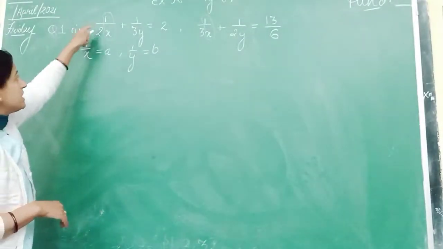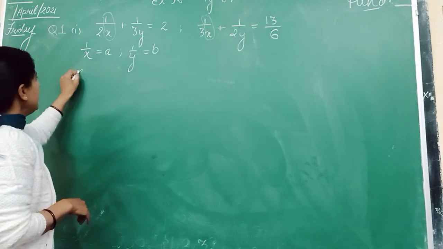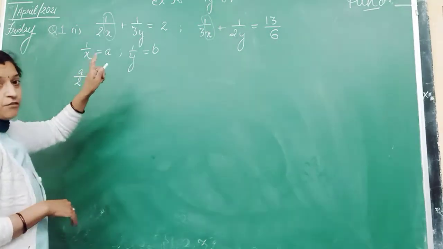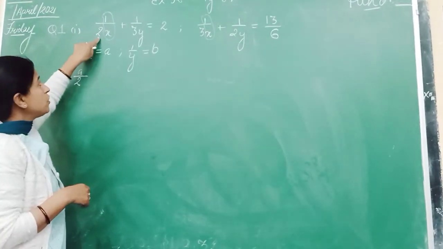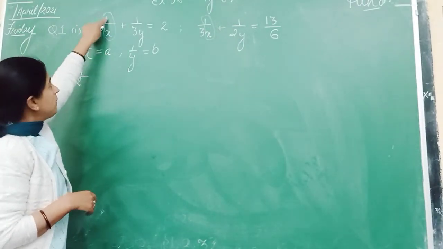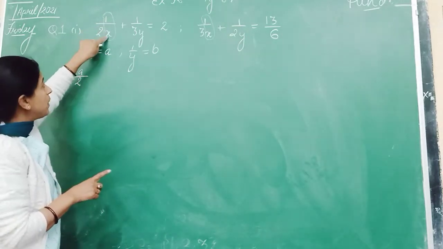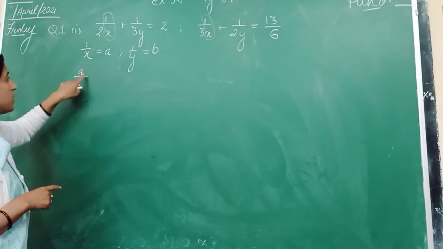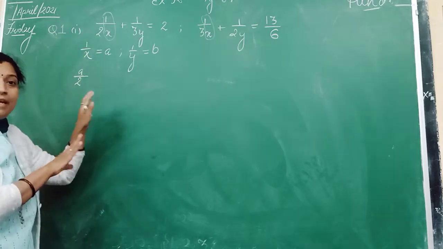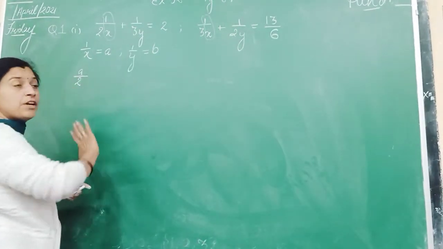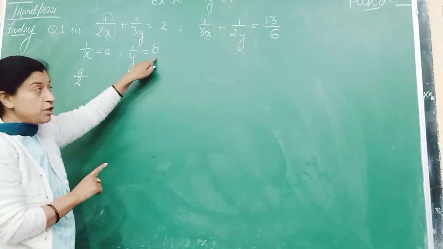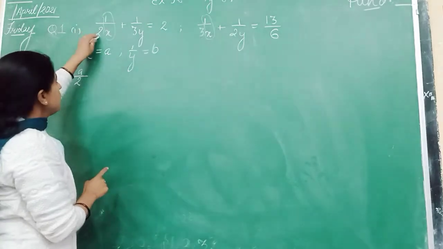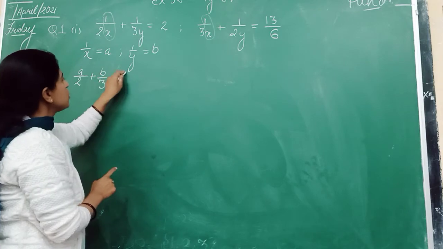Okay, then in that case these equations reduce to a upon 2. Now be careful. What children do in a hurry is they carry this 2 also to the numerator. So you are not going to change the coefficients here. Coefficient 1 by 2 will remain. It's only 1 by x which you have taken as a. So it would become a upon 2. This 2 will remain in denominator. Likewise this 3 will remain in denominator. It was in denominator. We have only supposed the variable as the other variable. So this would become a upon 2 plus b upon 3 is equal to 2.